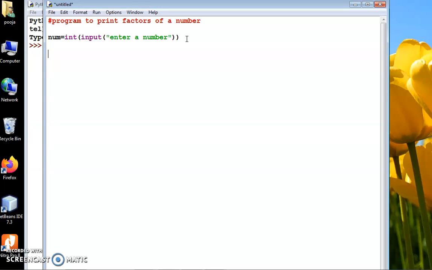As we know, a factor divides a number completely without leaving any remainder. So here we will use the modulus operator. As we have discussed, this modulus operator returns remainder. In case remainder is 0, that means the particular number divides this number completely. So